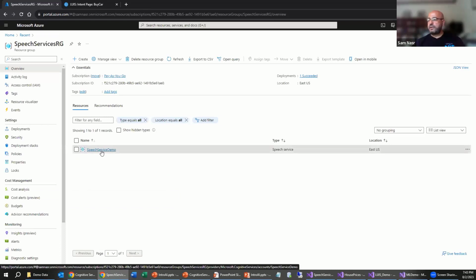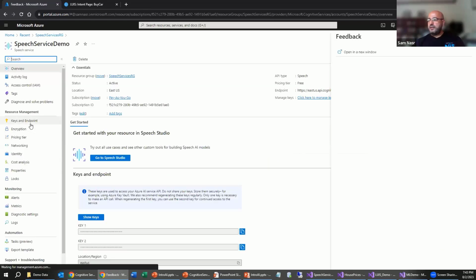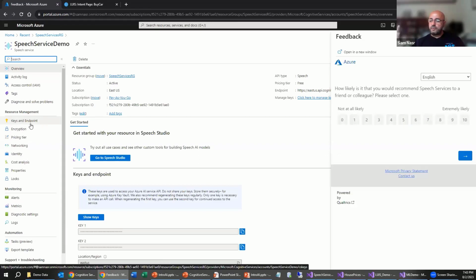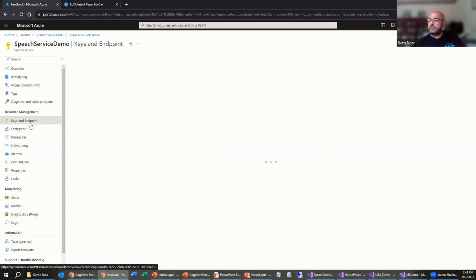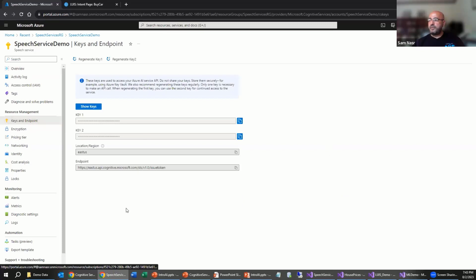But the key thing is, once you have that created, like the Lewis service, we need to create that in order to be able to get this key and endpoint, because this is what ties into my Azure subscription and allows me to utilize that service. So I will take this key and I'll take the endpoint and then I'll utilize that in my code.